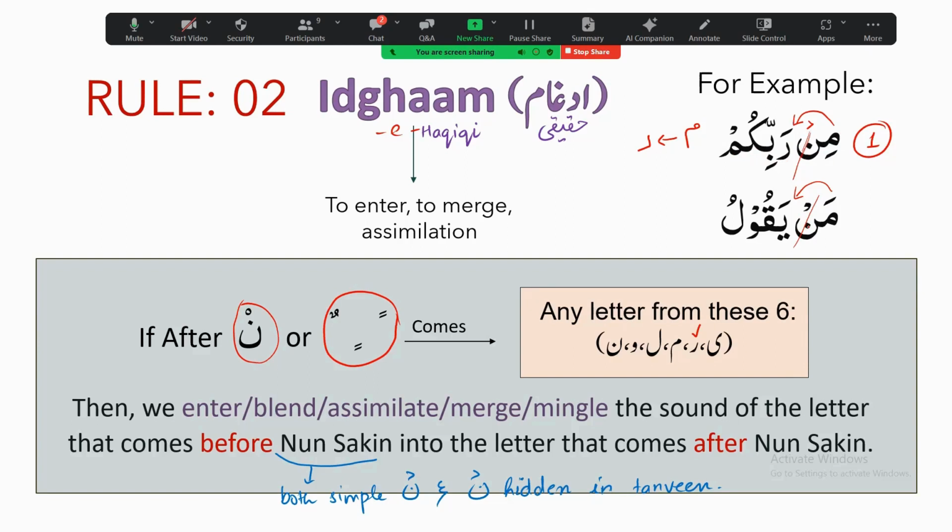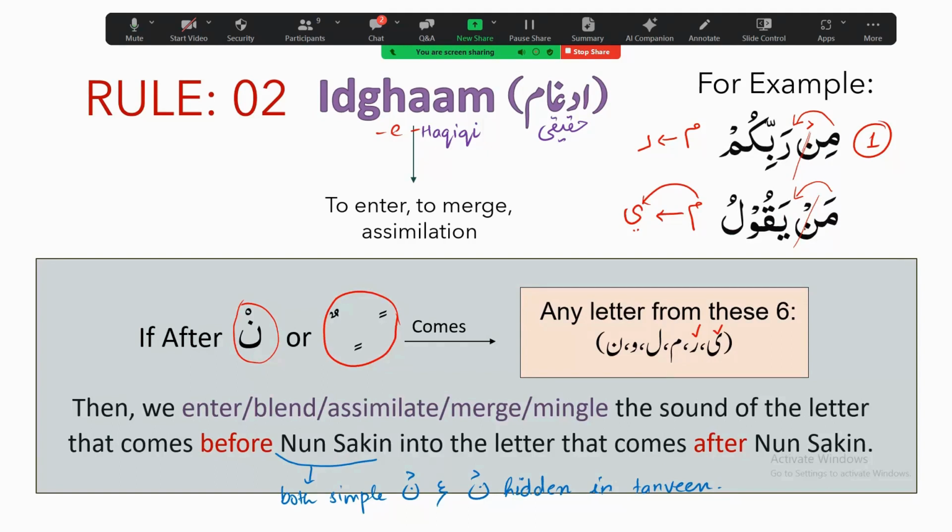You see a noon sakin here again, and after noon sakin, this time you see ya letter here, which again is from these six letters. So again, we will assimilate the sound of meme, or we will enter the sound of meme into the ya that comes after noon sakin. So we will skip again noon from here, noon sakin. So we say my, meme into ya will be my,